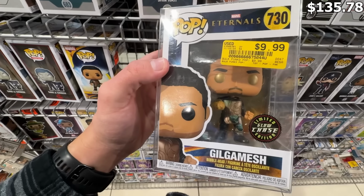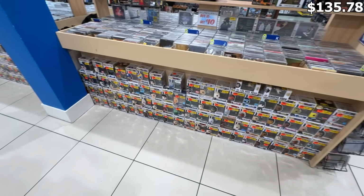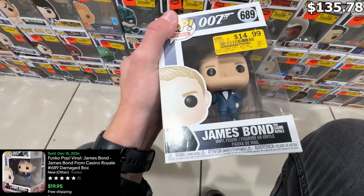It's probably worth less than that. It's probably worth like $5. But I figured I would show it off. It was in a protector. It looked pretty nice. But going over to their other section, guys, they had this James Bond pop, which usually